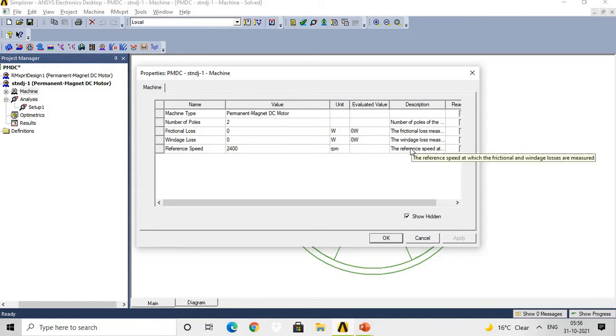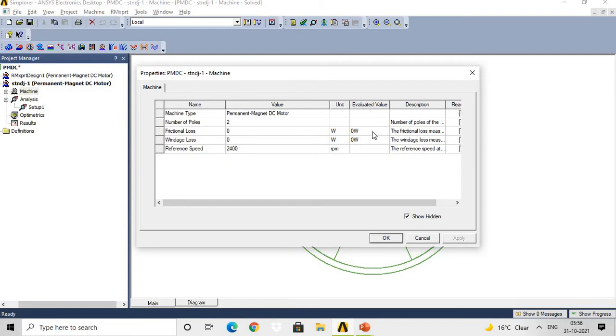Then reference speed, that is the speed at which the friction and windage losses are measured. Here we have given the input that the reference speed is 2400 rpm. So accordingly we need to provide the input to complete the geometry of this machine.